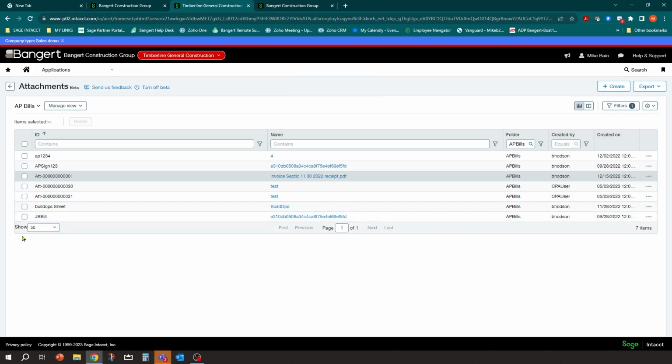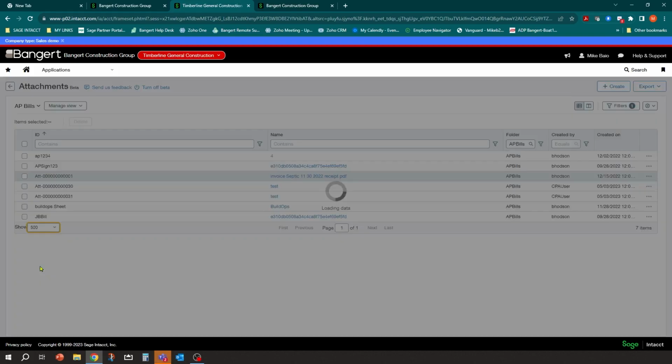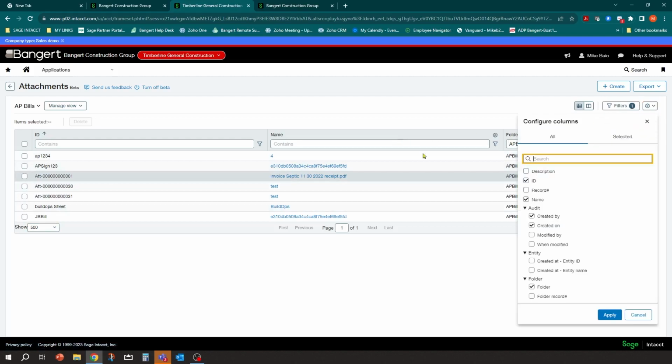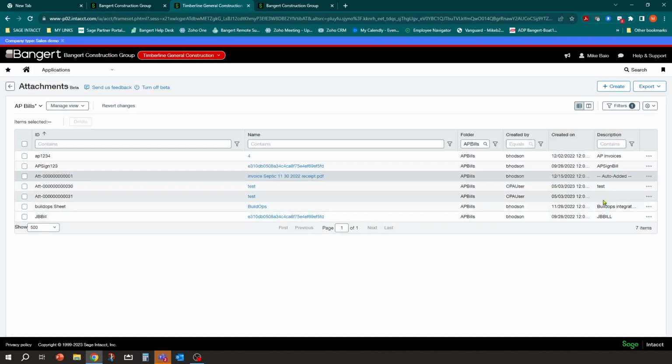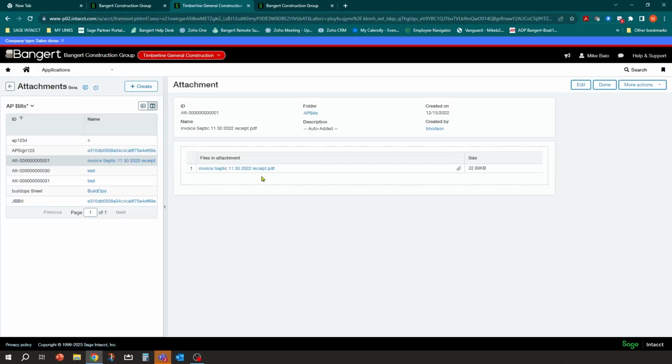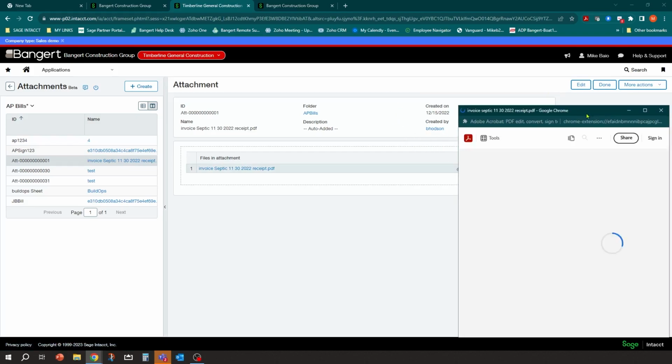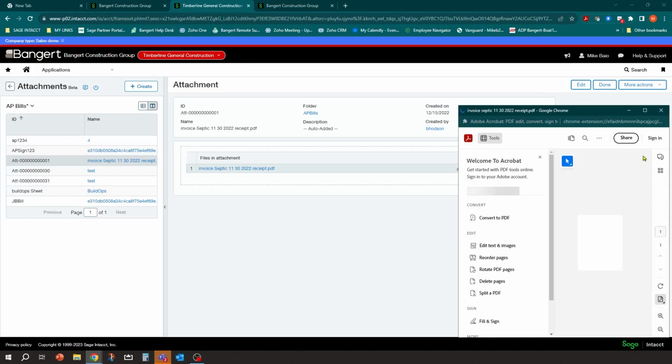And then you can determine, I like this, how many records you want to show per page. I'll say 500. And I only have 7 items. But now I can get into any AP bill. And then you might want to configure columns and see what else you can have show here on this record as well. And if you want to go into them, you can. And what's nice again is it has a split screen when you click on it, and then you can actually click your PDF from there.